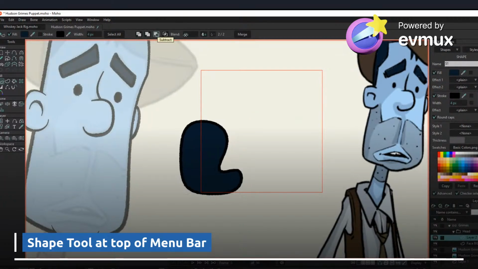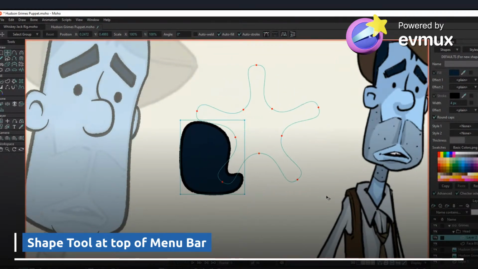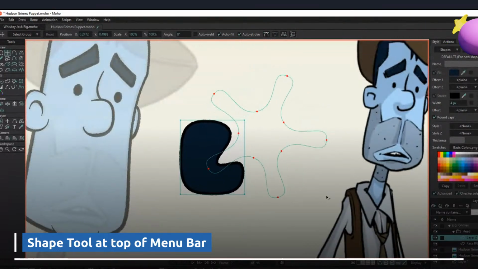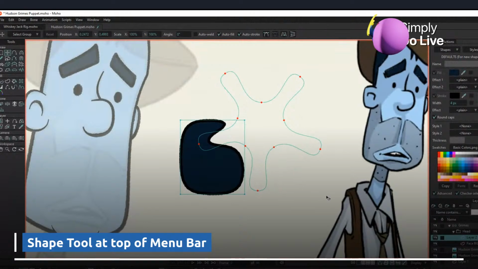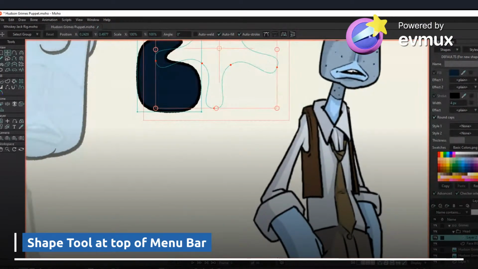Now, this star, if I take this star and say I'm going to rotate, that's cool. So now, if I come down here on the timeline,